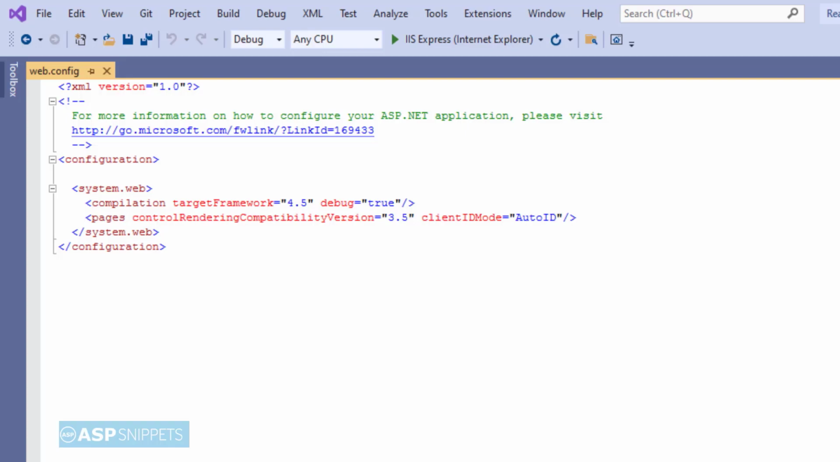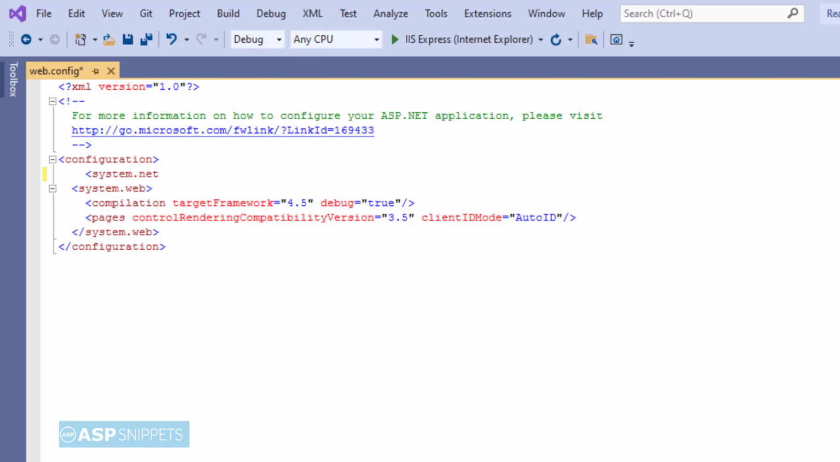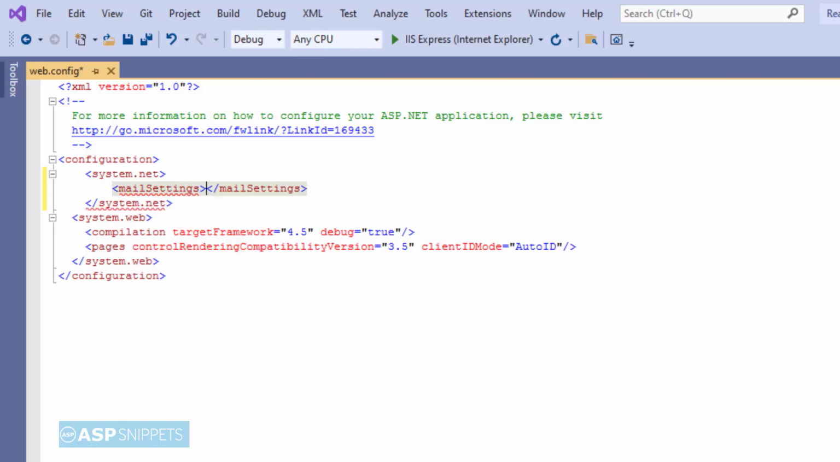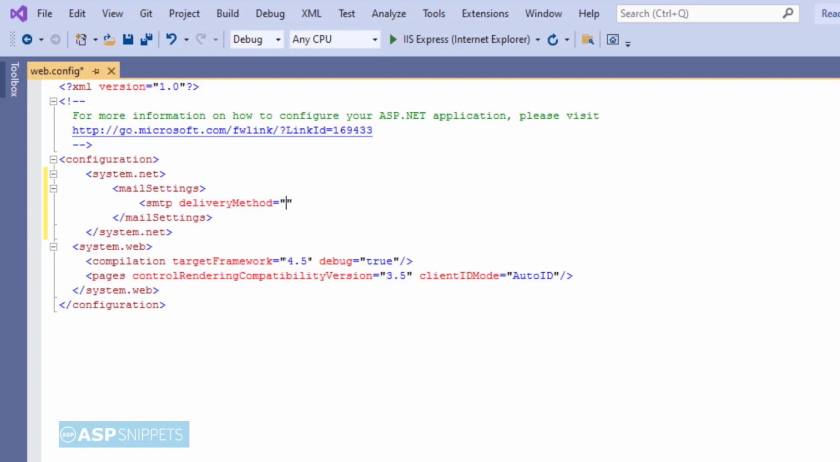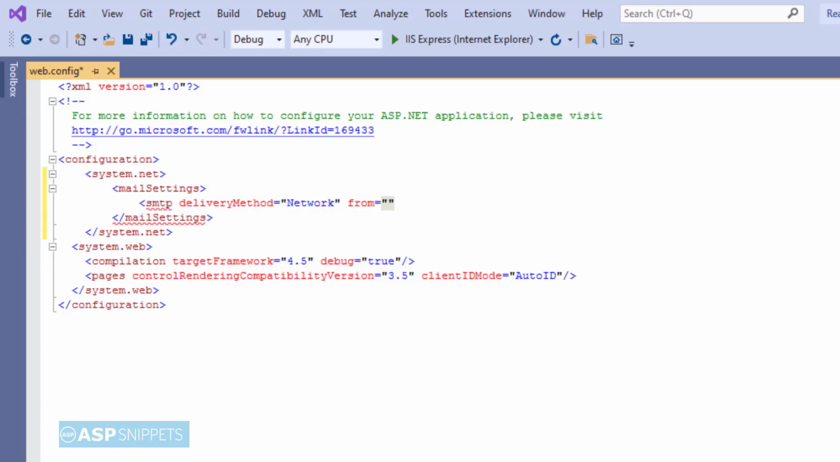In order to add the mail settings, I am making use of the system.net section. Then inside that I am creating a node mailSettings, then within that another node smtp. First the deliveryMethod attribute is set to network, and in the from I am setting the address of the sender,